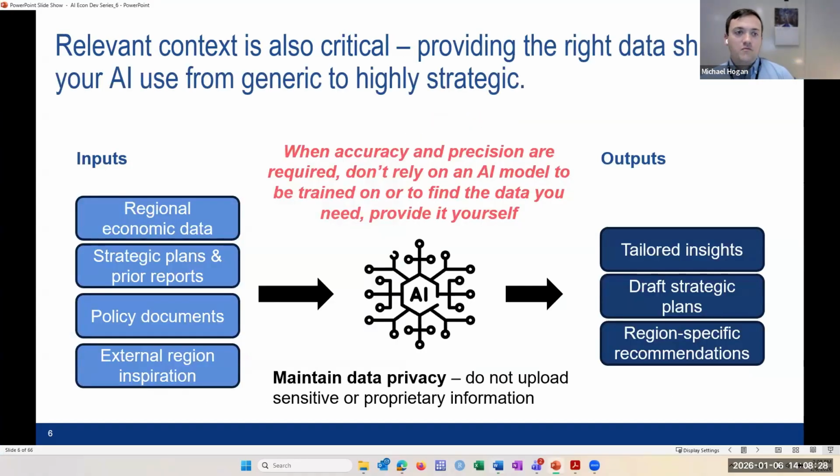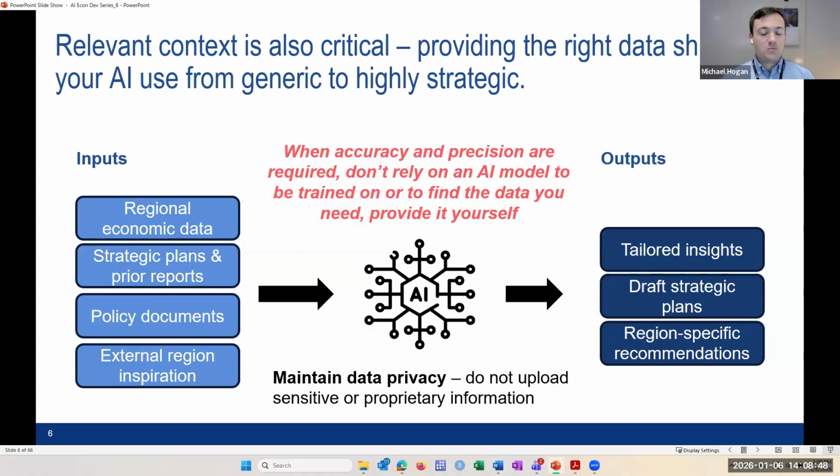So we also emphasize that relevant context is very critical. As we move from those initial exercises and initial searches, we realize that more specific research can benefit from providing the right data to the AI model so they can generate outputs that are higher quality and more relevant.